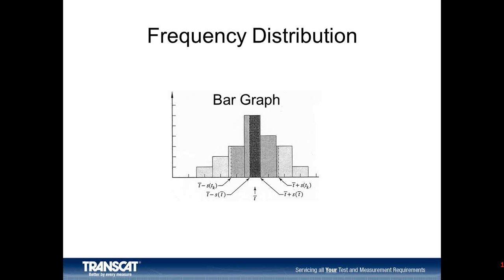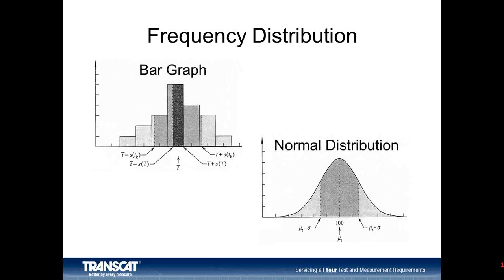So if we count those in bins, as it's called, small increment deviations from the average, and plot those in a bar graph form, we might see something that looks like this chart, a bar graph. And the significance of that is that if we have enough readings and the distribution of those readings is normal, then this bar graph has a similar appearance to the Gaussian curve depicted in the bottom right, labeled normal distribution. And the importance of that is that this